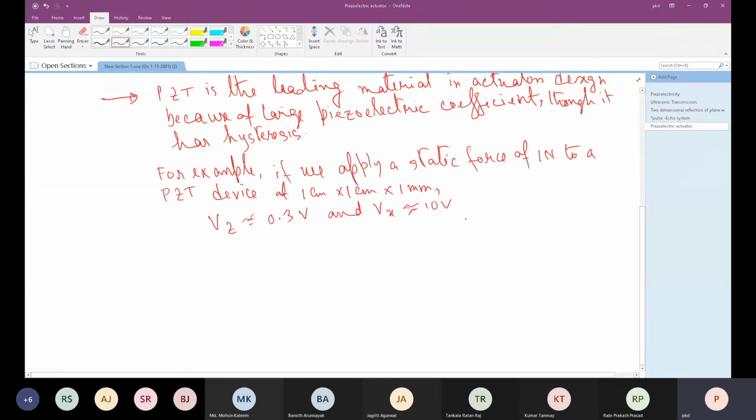So this can be computed. This, of course, d_zz is around 100 or 110, taking around 110, and dx,